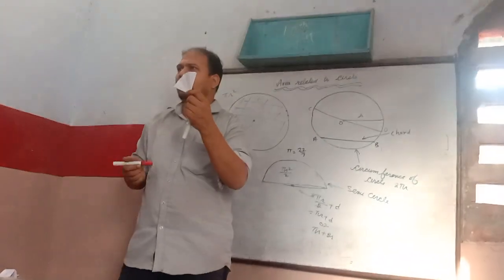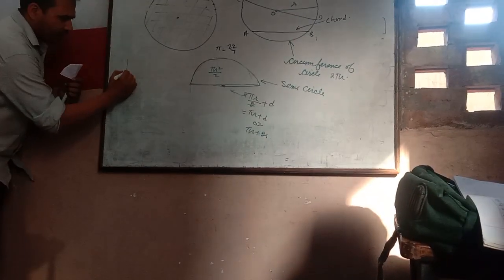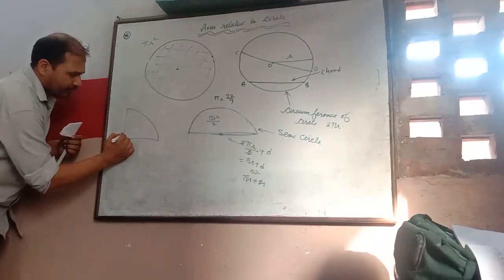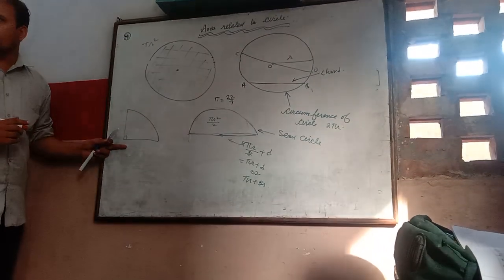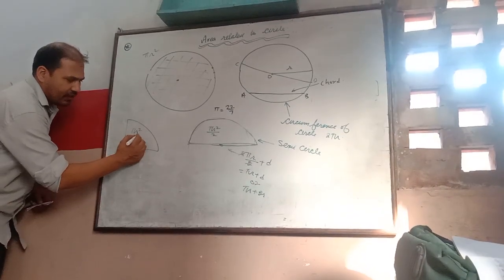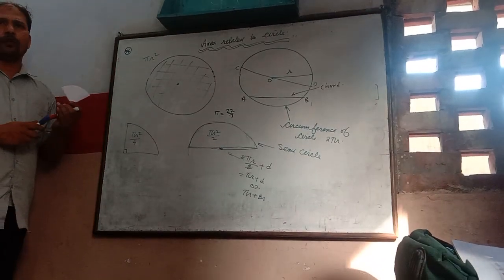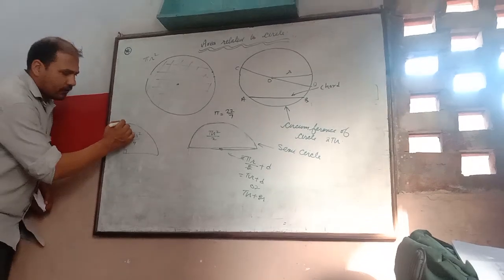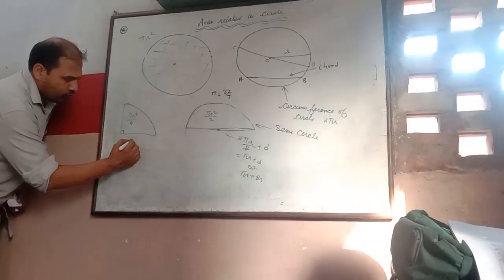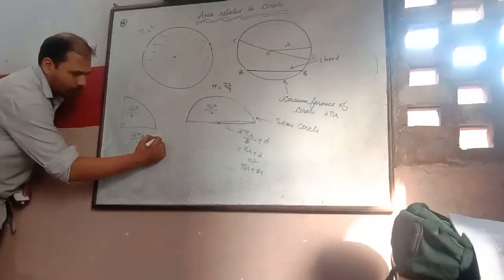What is the name of this? Quadrant of the circle. Okay, this is called quadrant of the circle. ये always here is a right angle. Okay. Now quadrant of the circle, area of quadrant pi r square upon 4. Okay, pi r square upon 4. And to find the perimeter of the quadrant, we will use 2 pi r upon 4 plus 2r.